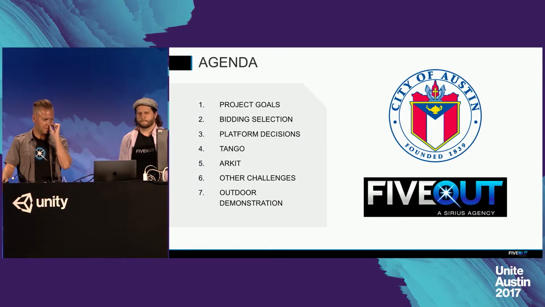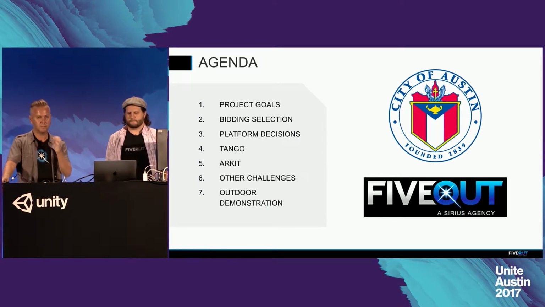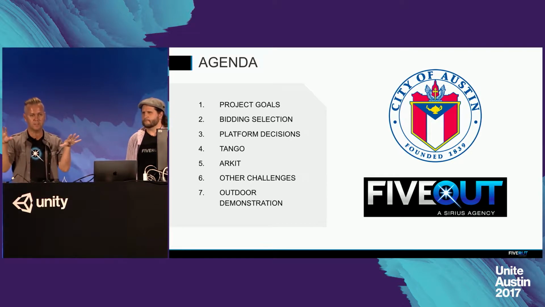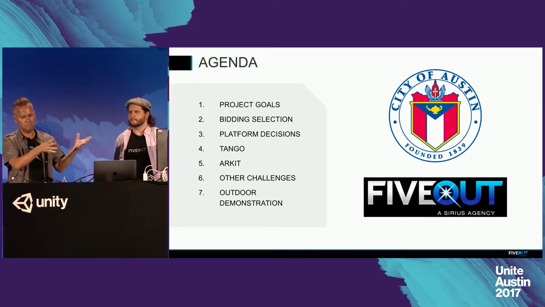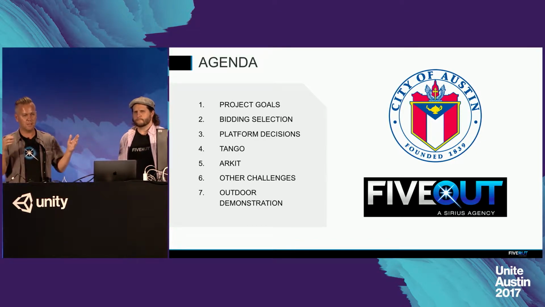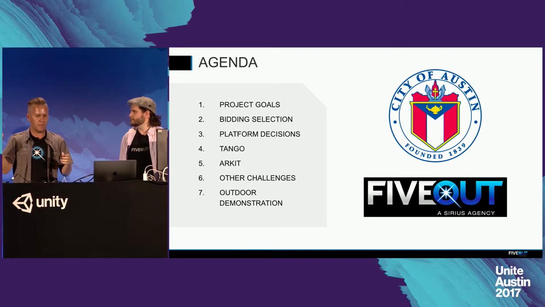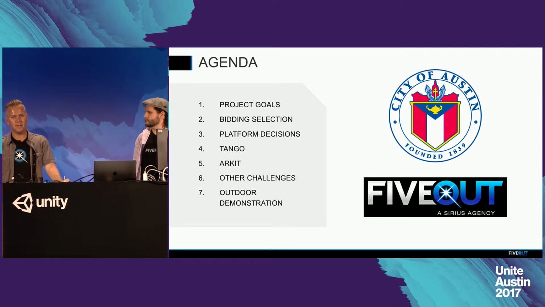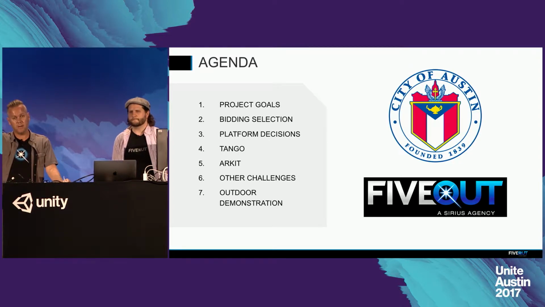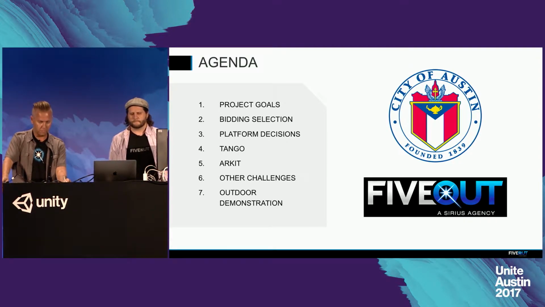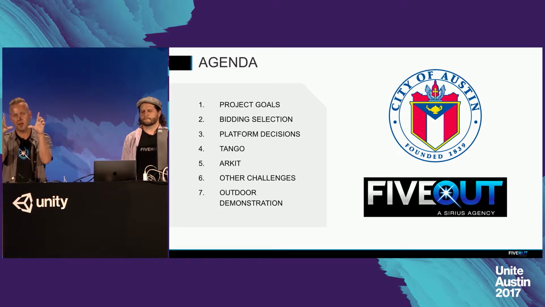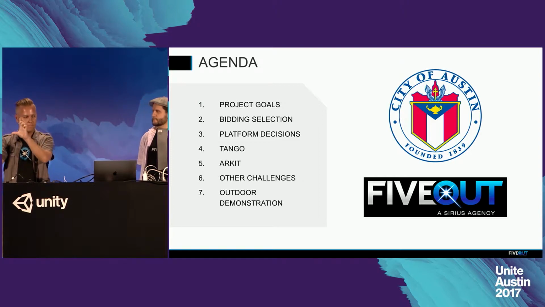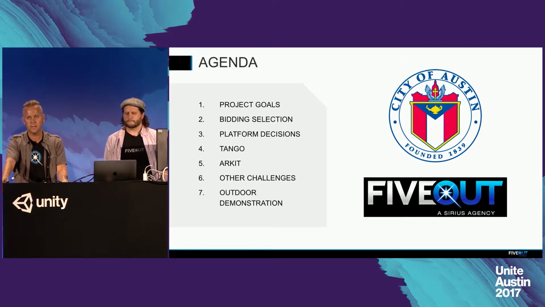That's the agenda. Now this presentation is going to be a bit different to most presentations you're going to see here because it's going to be split into two parts. First we'll do a case study slide deck presentation, but then the second part, coincidentally, one of the fixed AR installations we did is actually right outside the front door of the exhibition center here, the Cat Metro downtown station. So for those who are still interested, once we finish the slide deck, you can walk down with us, and we've got a few Tango devices so you can see the future Cat Metro downtown station